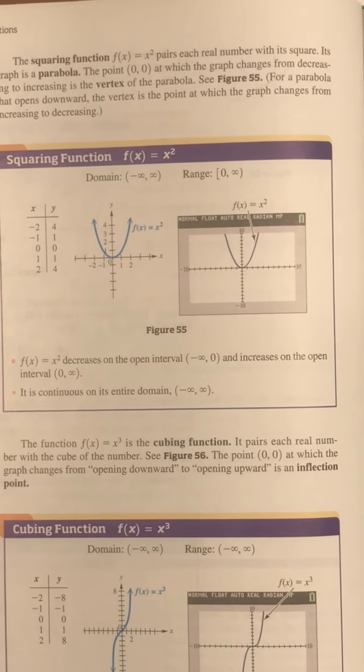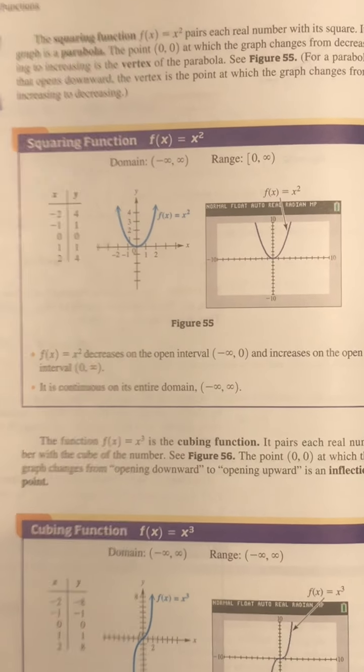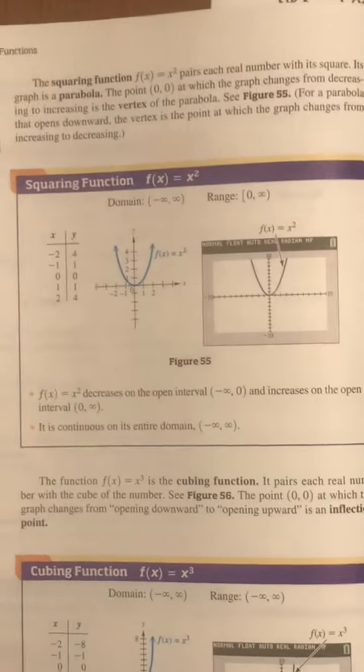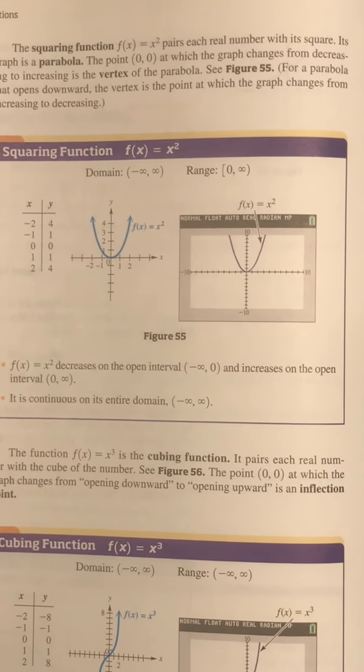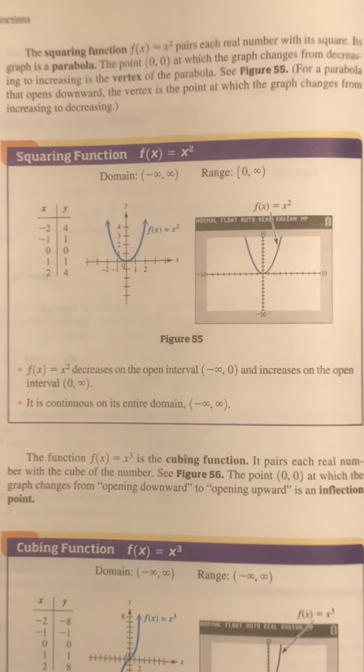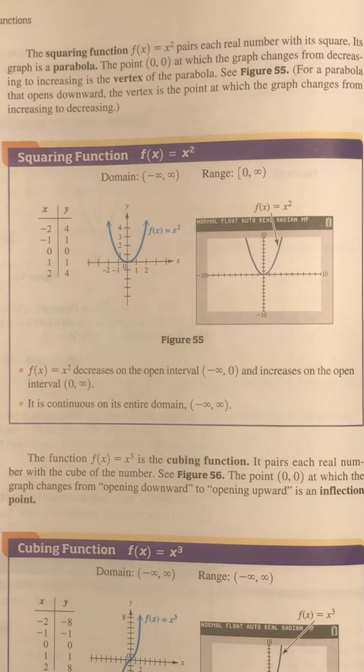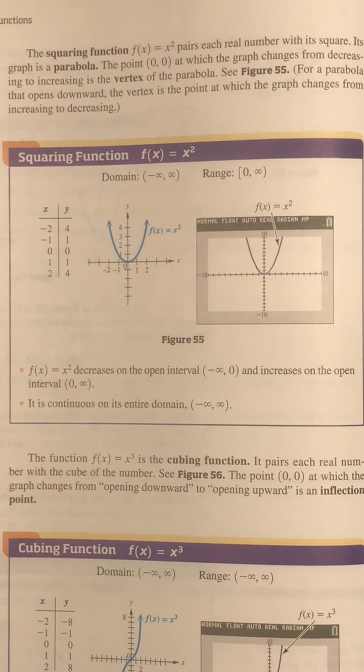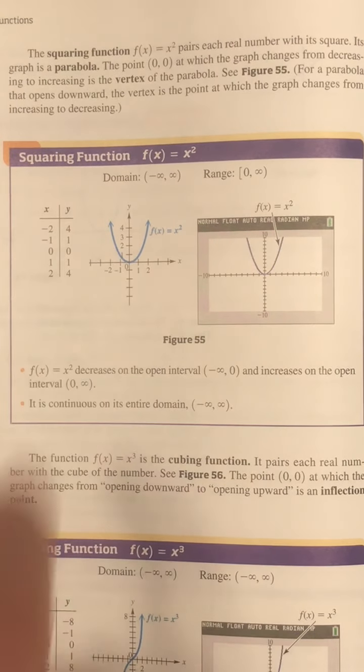F of x equals x squared. It's called the squaring function. If it were ax squared plus bx plus c, we would call that a quadratic function. We talk about those in section 3.1. But x squared makes the shape of a parabola,